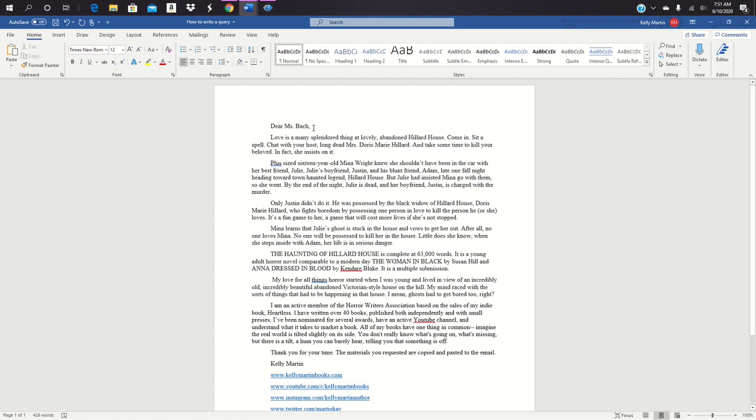Now, first we have the introduction. If you hear papers rattling, I'm sorry. Don't send mass queries at one time. You need to personalize them to the agent or to the submissions editor at the small press where you're going to send it. This is where you need to look on the agent's Twitter or on their website. You need to personalize this as Dear Miss, Dear Mr., or Dear Mix if the agent is non-binary and would rather have Mix as their